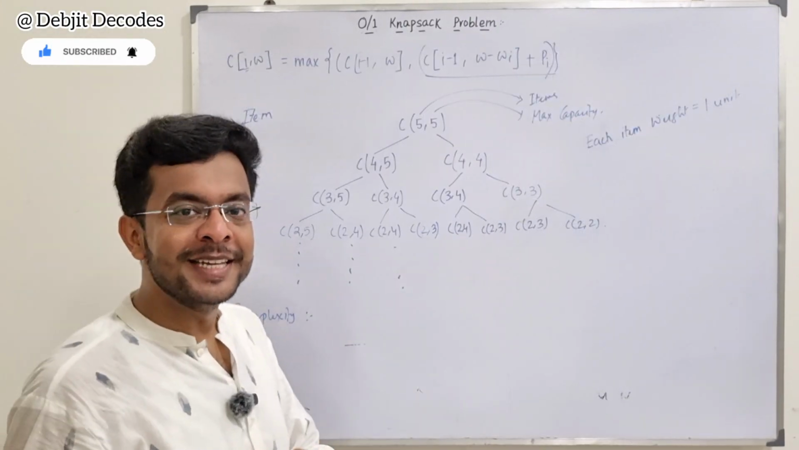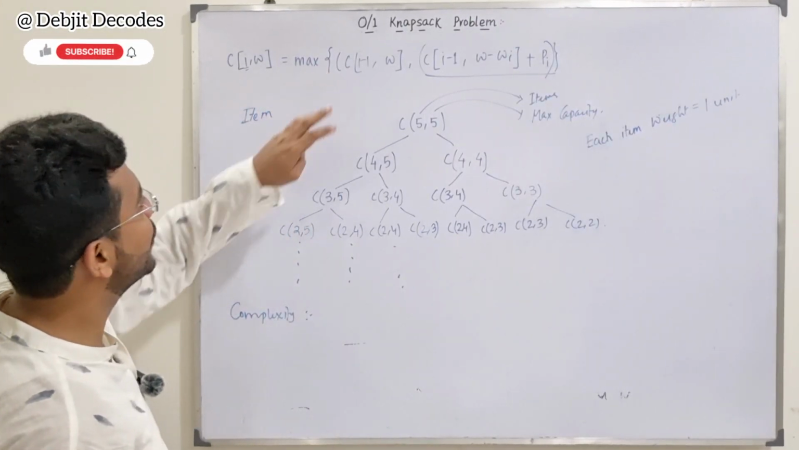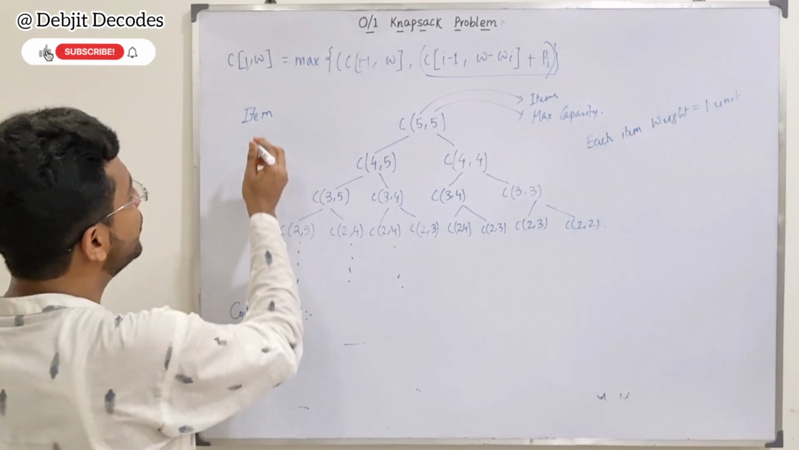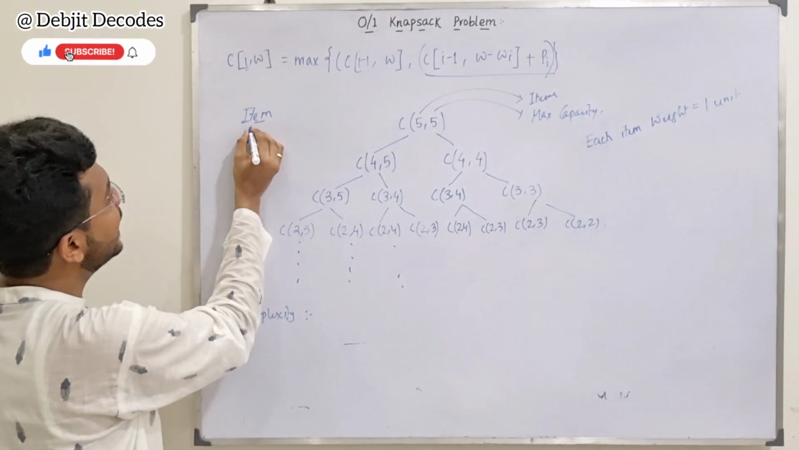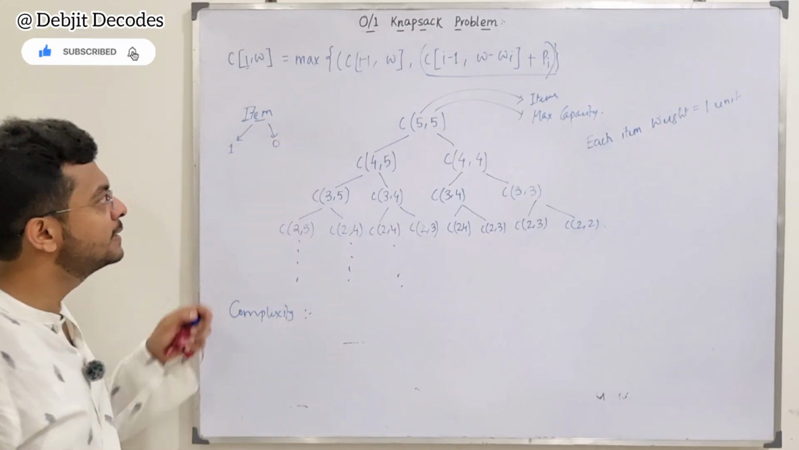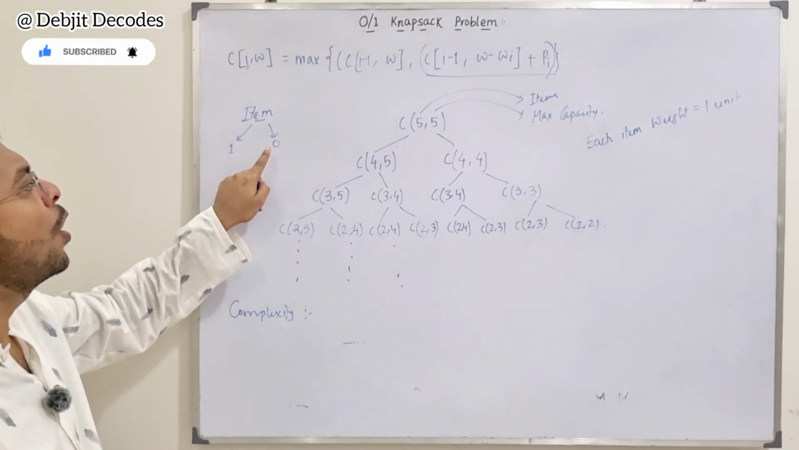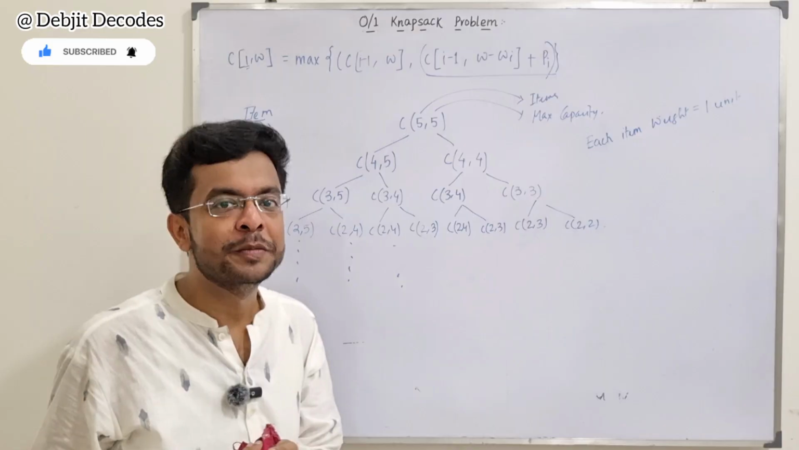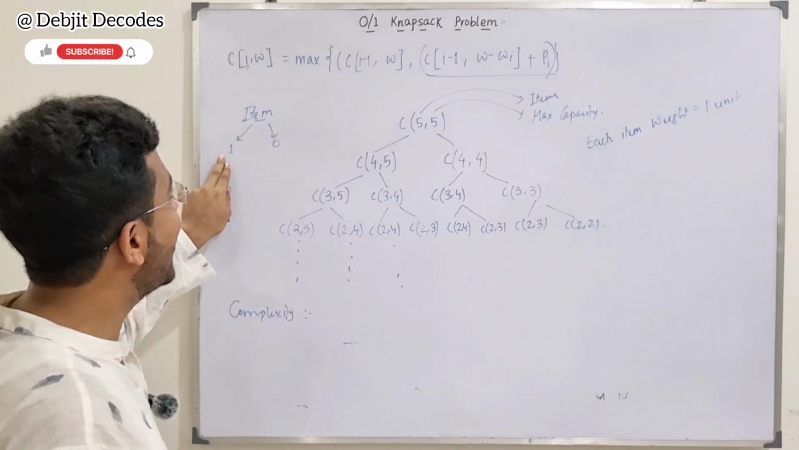Okay, now let's see where this particular formula is coming from, or what it means. Suppose you have an item. Now you can either pick it or you leave it. That is, you are putting it in the final knapsack or you are not taking it at all, because there is no concept of fraction, right? So in that case,